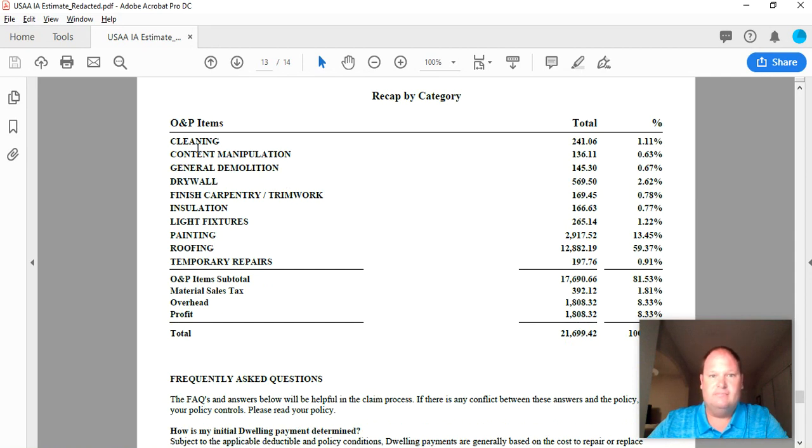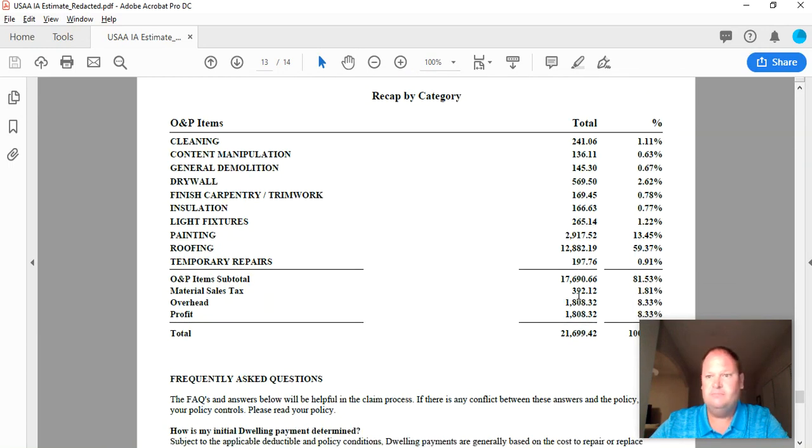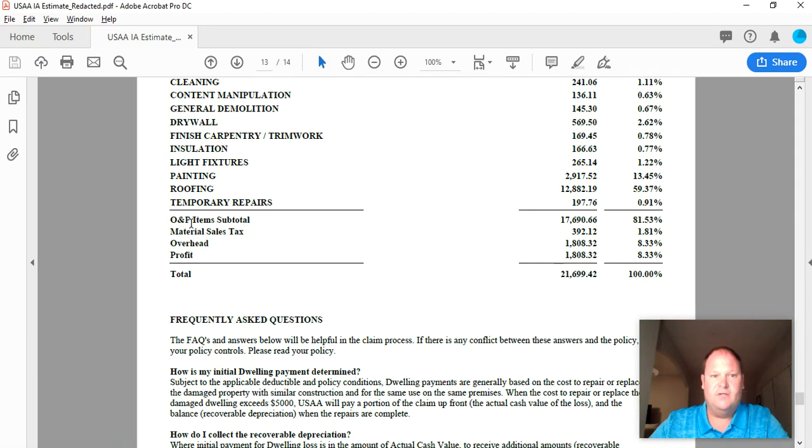Let's see. Cleaning, content manipulation, general demolition, drywall, finished carpentry, insulation, light fixtures, painting, roofing, temporary repairs. It's all broken down to totals for each subsection, including overhead and profit item subtotals,